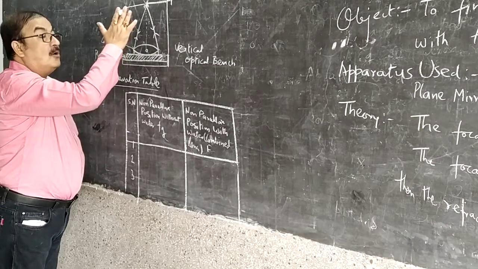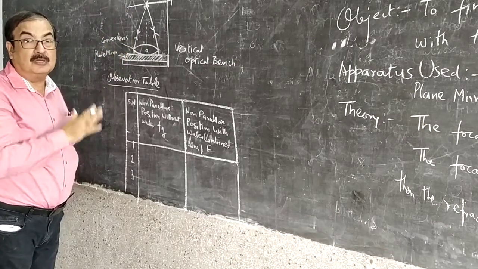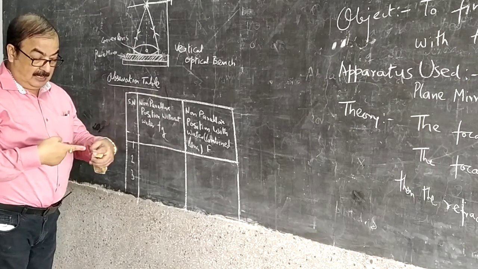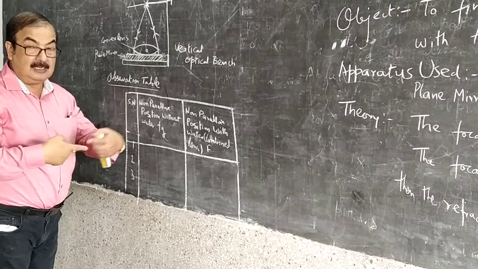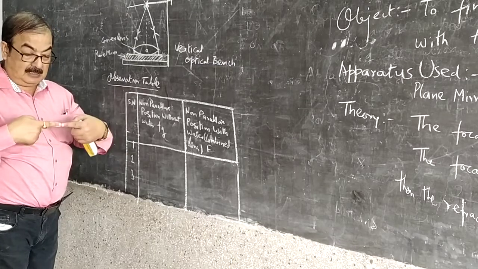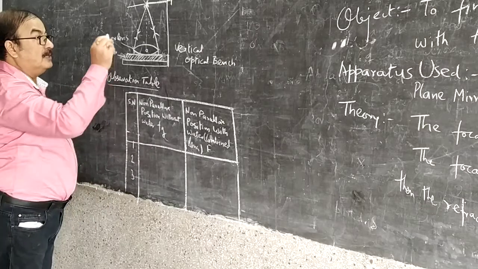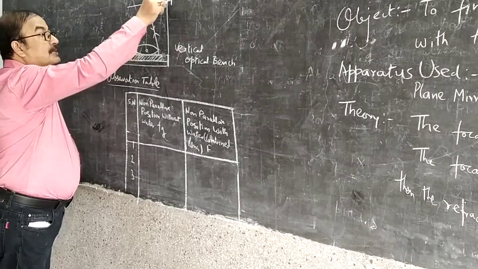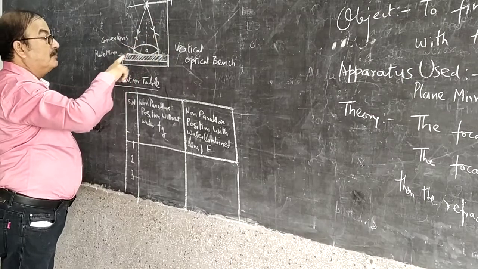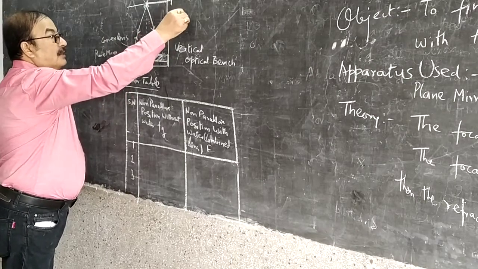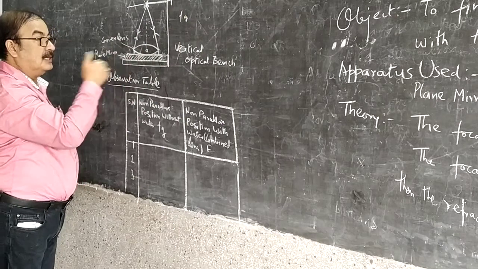यानी कि आपको नॉन पैरेलल स्टेट लाना है, पैरेलल को रिमूव करना है. अगर इन्वर्टेड पिन ऐसे दिखाई दे और ओरिजिनल पिन ऐसे, अगर दोनों साथ साथ ना चले, then there may be some parallax. But if they move together like this, then there is no parallax, and we have to get only that situation. तो उस समय यहाँ से जो ये डिस्टेंस हो जाएगा without any water, then that will be your Fg. तो Fg हो जाएगा.